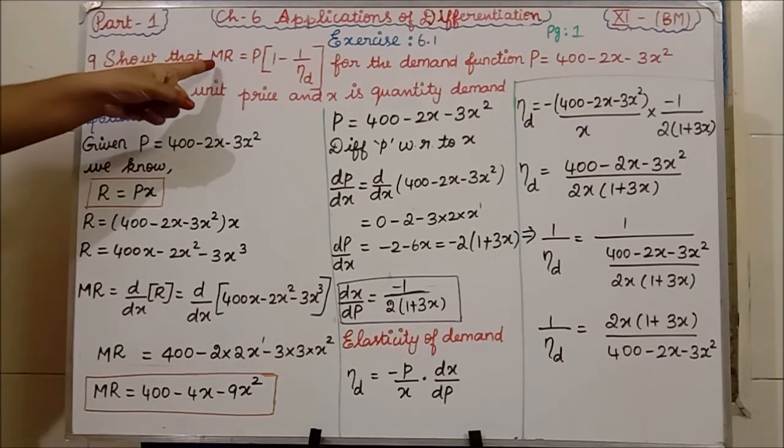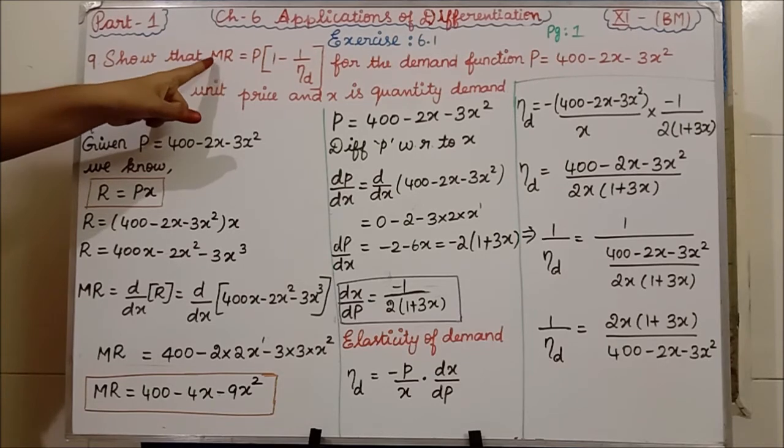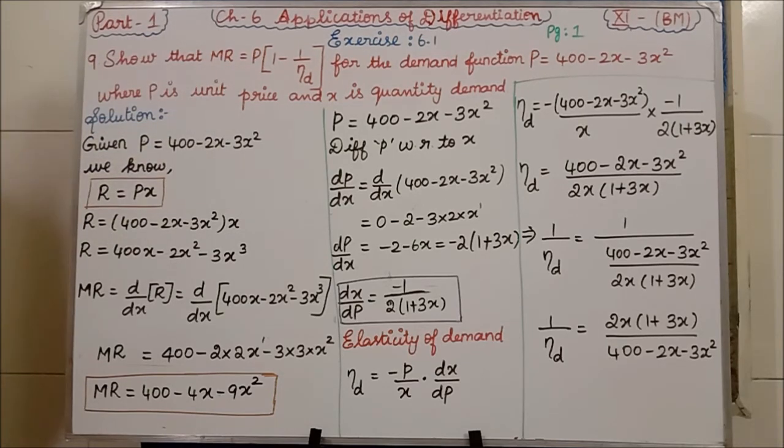Okay. First we need the left hand side value. What is the left hand side? We are having marginal revenue. Marginal revenue, if you need it, first you have to know what the revenue value is. So what is the formula for revenue? Unit price into X. X is what? Unit price into quantity. If you multiply, that is equal to revenue, you know. When we were seeing the introduction, I explained this. So from this we can find the revenue.